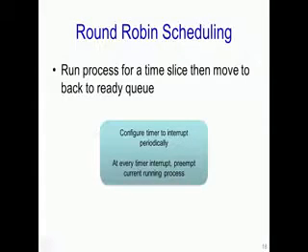A process executes for a time slice, and when the time slice completes, it is moved onto the ready queue. So, in order to achieve this round robin scheduling algorithm, which is also a preemptive scheduling algorithm, we need to configure the timer in the system to interrupt the CPU periodically. At every timer interrupt, the kernel would preempt the current process and choose another process to execute